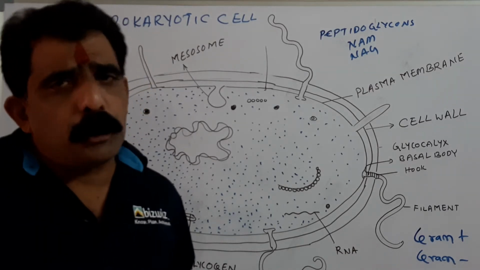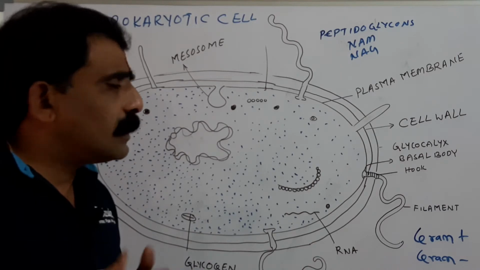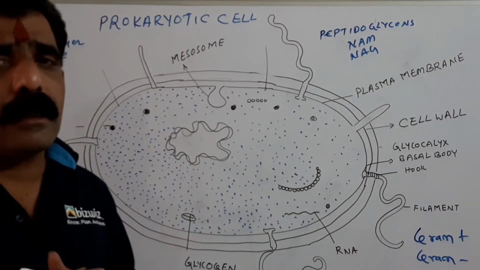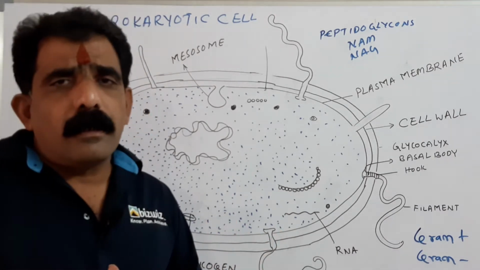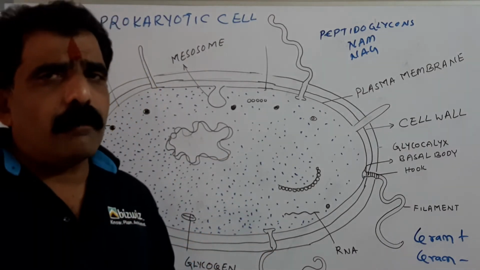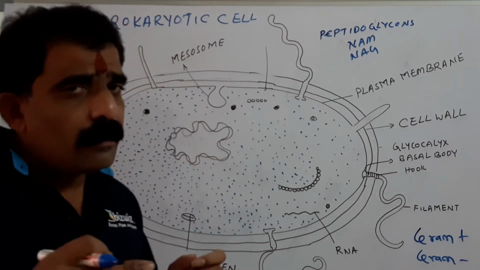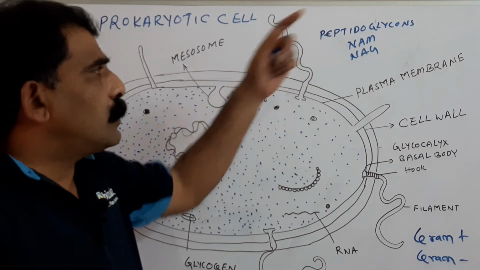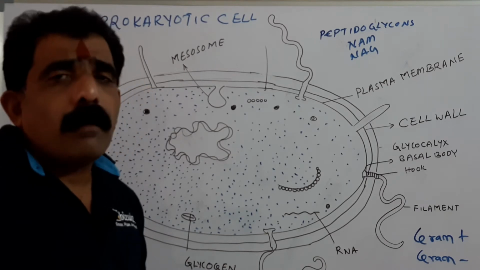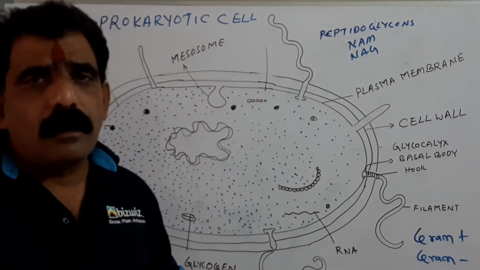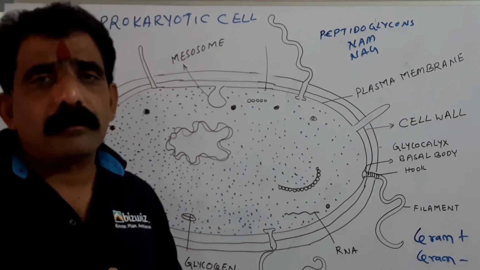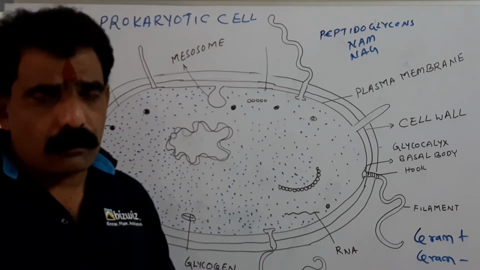Here, if you take the gram positive bacteria, the cell wall thickness is 20 nm to 80 nm, very thick. Whereas in the gram negative bacteria, it is only 8 to 12 nm or near about that. So it is thin in the gram negative bacteria, whereas thick in gram positive bacteria. And the concentration of the peptidoglycans is also more in the gram positive bacteria, up to 60 to 70%. Whereas in the gram negative bacteria, the concentration of the peptidoglycans is very less, near about 10 to 20%.